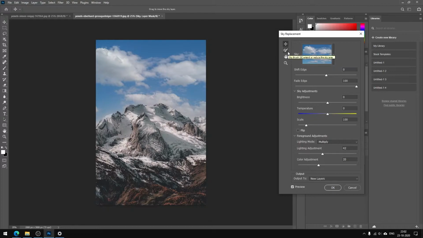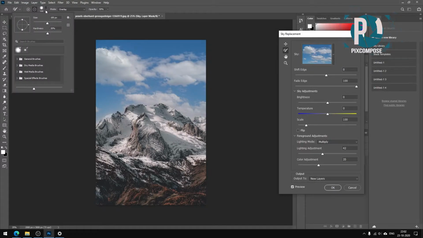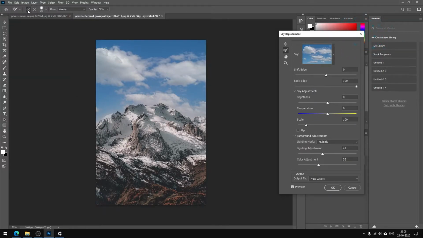Now we have the next option here. Basically this is not an option, this is a tool, so we can select that. This will remove the sky from a certain area, or add the sky to a certain area according to our need. When I select that, you can see that in the options bar we have some options. This one is for the brush, what type of brush I want to select. This will help us to add the sky, and this will help us to remove the sky from a certain area.